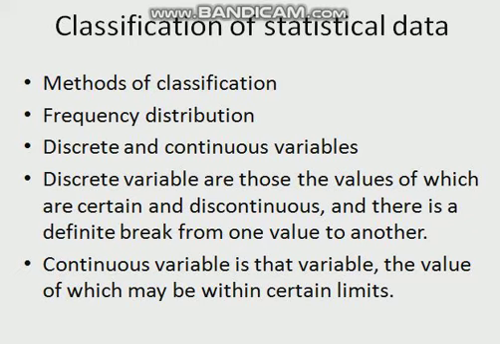Then we come to another point, that is mid value or midpoint. The central place of a class group is called the mid value or midpoint or central size. It is obtained by dividing the sum of both the limits by 2, that is small l1 plus l2 divided by 2. In that case 10 plus 20 divided by 2 is 30 divided by 2, which amounts to 15. So the mid value of the 10 to 20 series is 15.